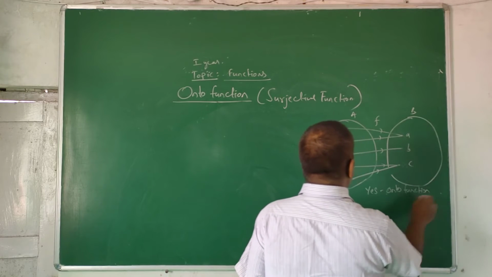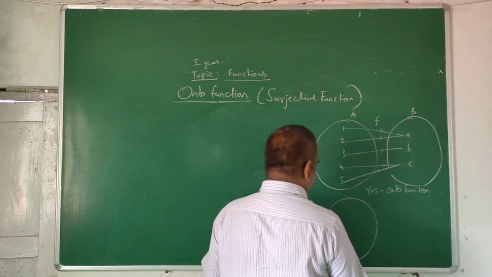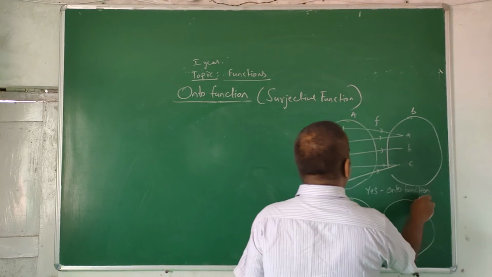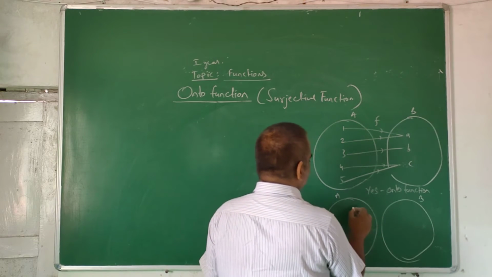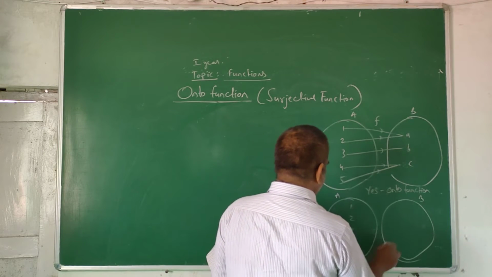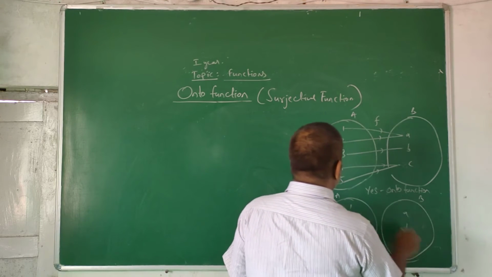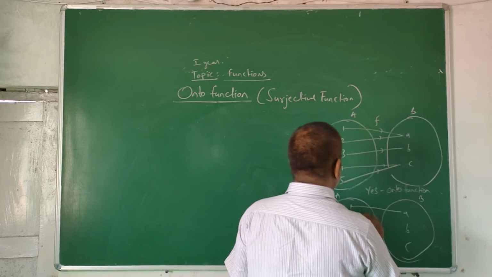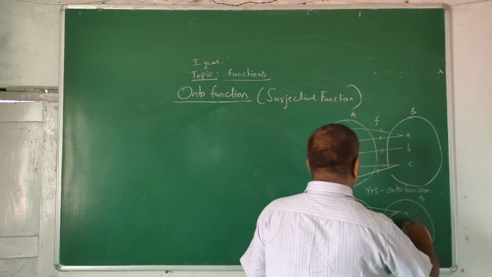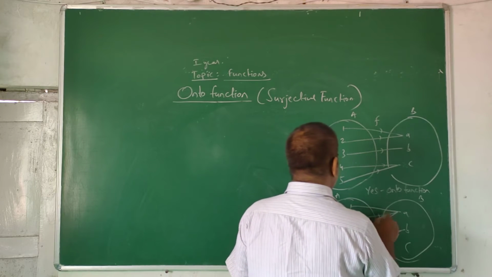Now let us take an example immediately, so that you can understand in a better way what is onto function. Now I am taking the same sets 1, 2, 3, 4, 5 and A, B, C. Now I am taking another function G, like you see in the arrow diagram. See, I am taking another function G defined as